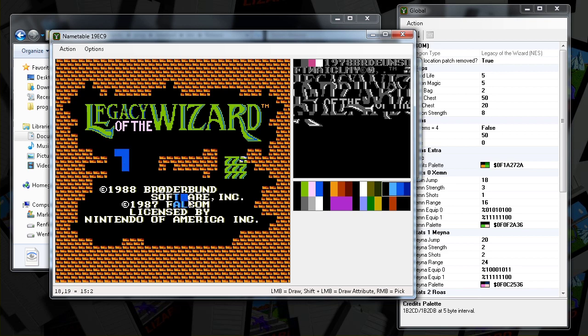But notice if I draw in the middle here, it affects all 4 of these tiles at once. So that's something to keep in mind when you're making NES background graphics. Colors are on a coarser grid than the tile by tile. And also you can hold shift, and then you can just draw color instead of replacing the tiles, because otherwise the tile comes with its color.